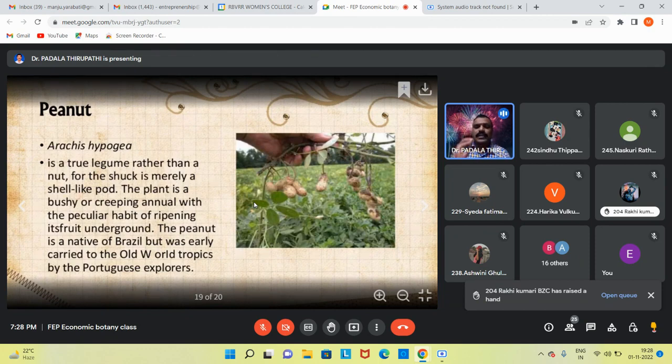So the groundnut plant only produces geocarpy, that is, underground fruit only. The remaining Leguminosae family fruits are produced externally. But the Arachis hypogaea fruits can be produced underground. So this fruit we can call a pod. Okay, pod. And remember, my dear friends, this peanut is a native of Brazil, but was early carried to the